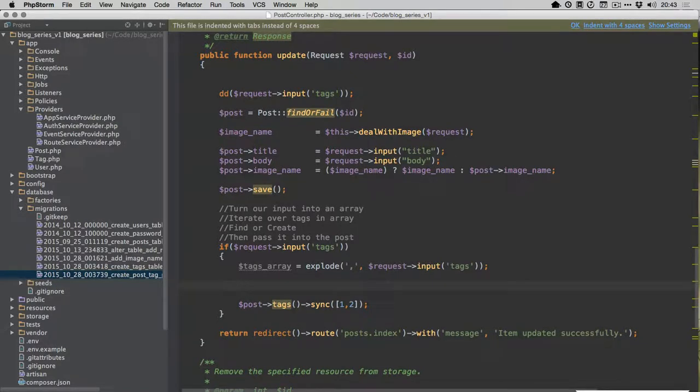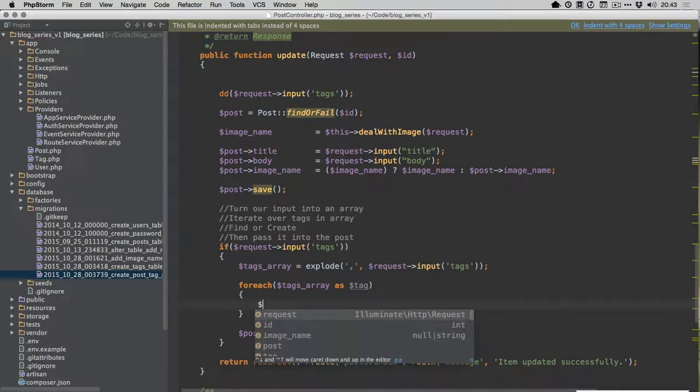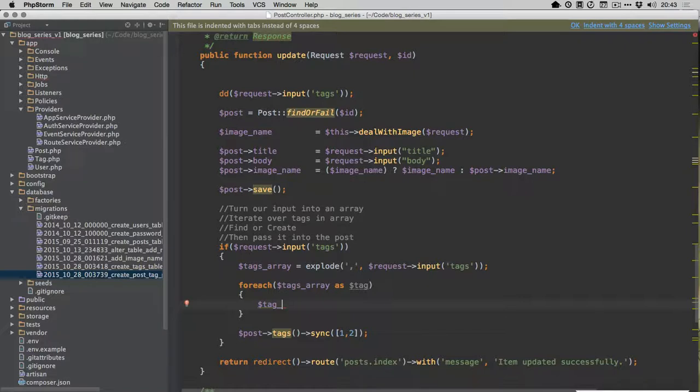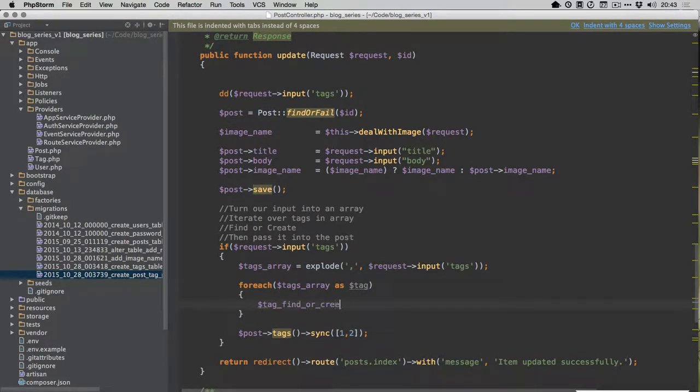I'm going to say for each of these tags that we've been given, let's start dealing with them, right? So tag find, let's see, what's the best way to do this? Let me just start. So tag find or create equals tag find. We have this model we made earlier called tag, right? Find or new tag, okay? Now, what that is going to deliver to us is not what I want, so I can't do that. So I'm going to say tag where